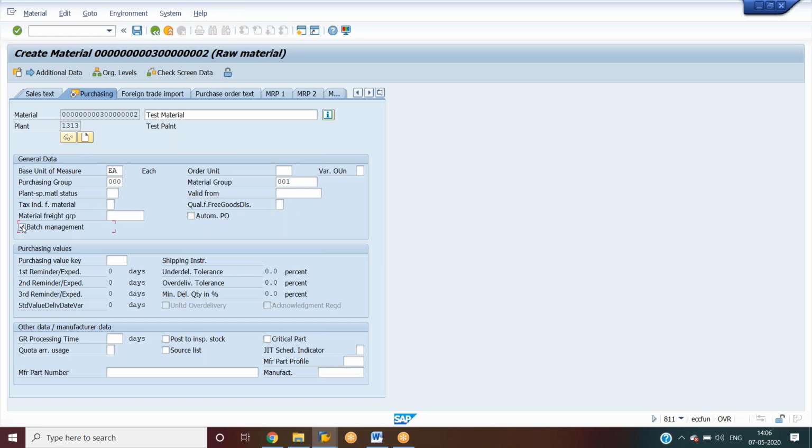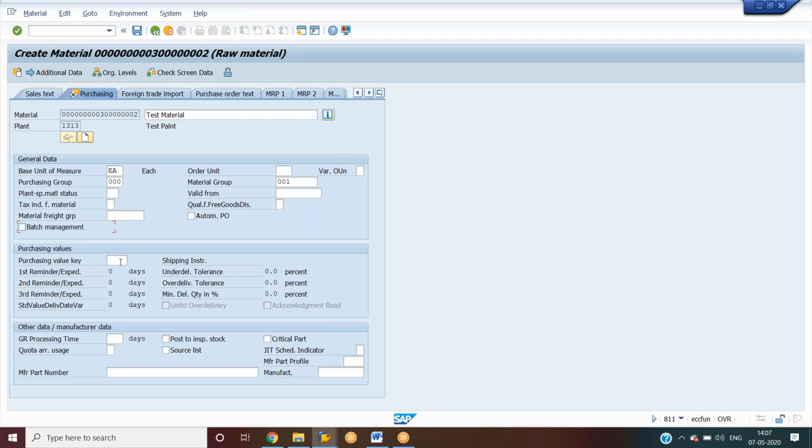You can observe, for example, if you go to some retail shop and check a water bottle, you can see the batch number, right? The batch number as well as the expiry date and other dates are printed on that water bottle cover. So for that type of materials and industry sectors, we have to maintain batch management.